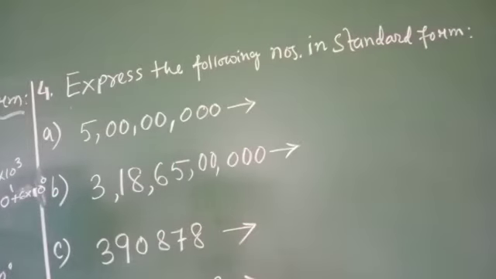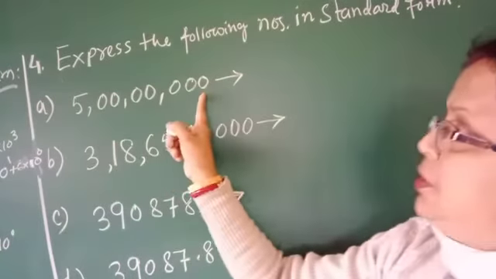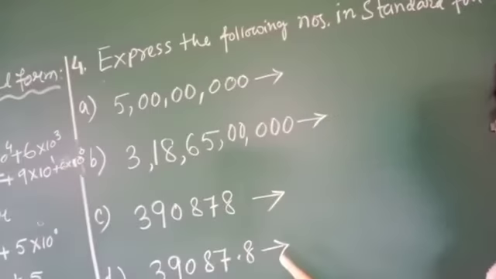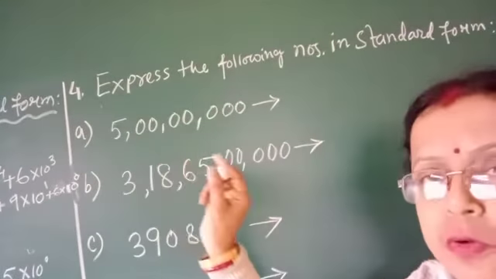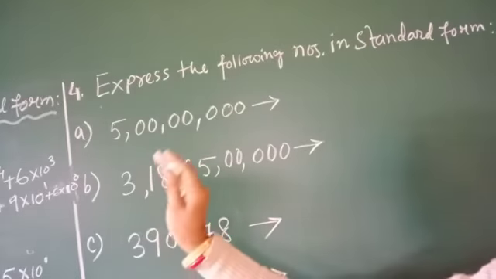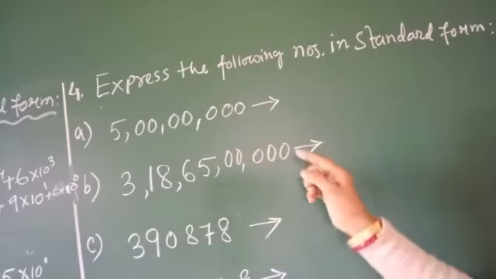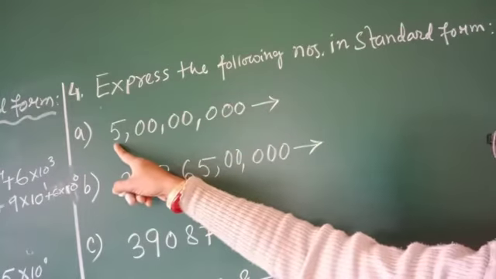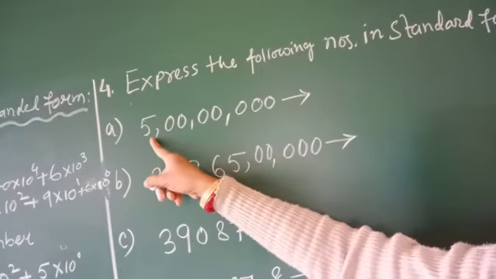Here what you have to do? When we write any number in standard form, what do I have to do? I have to give one complete digit in front, if it is possible. In the front portion, it's a ones place number and then 10 to the power something. This is the standard form only. Here, the number I can give in front is 5.